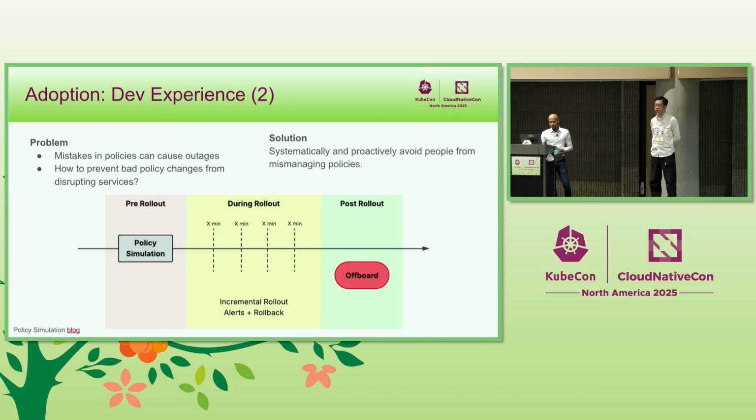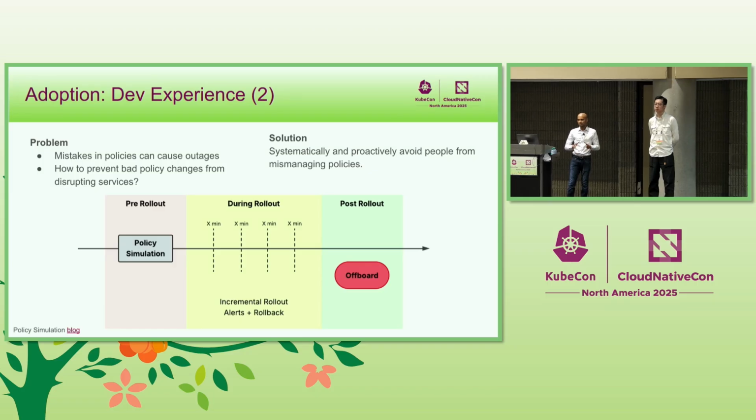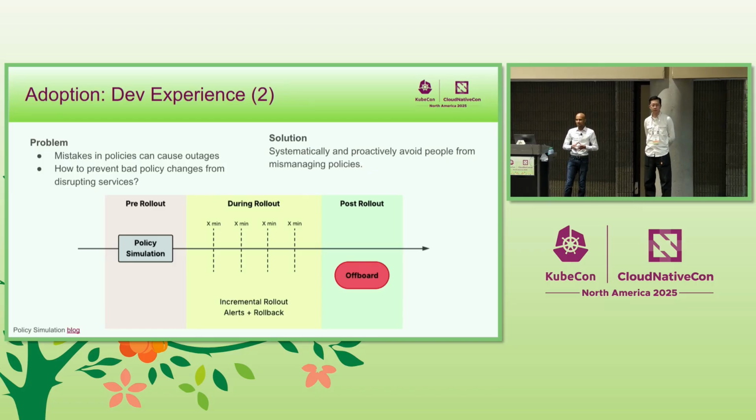The next part is around what happens post-rollout. We built a set of tools for developers to interact with our system. This includes a UI, CLI, and so on. In addition to that, we gave them a big red button, which is, in case something happens after all of this, there's a way you can come to the system and say, disable the authorization policy in case the system has degraded. And they are able to disable within a few minutes.